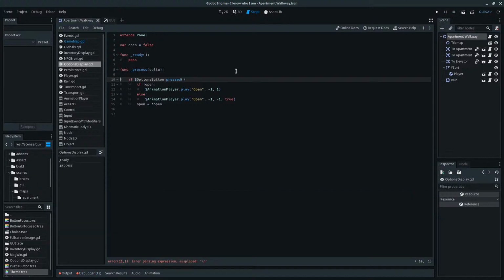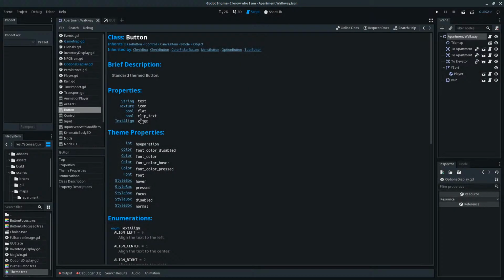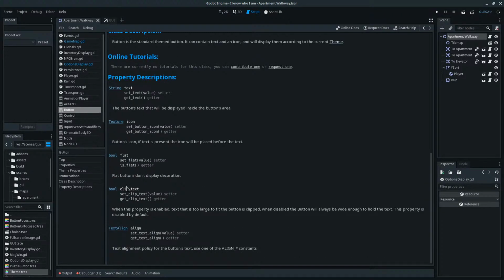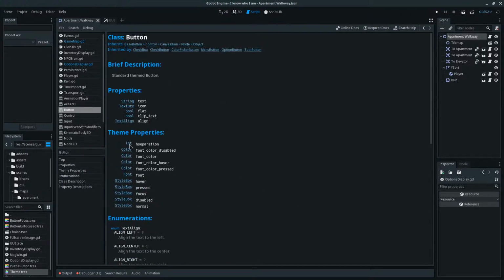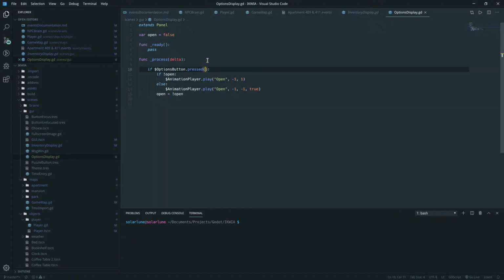Is it not pressed for a button? Let's see, is it pushed? What's the boolean? Oh, base button. Yeah, pressed. Oh, it's not, I see.